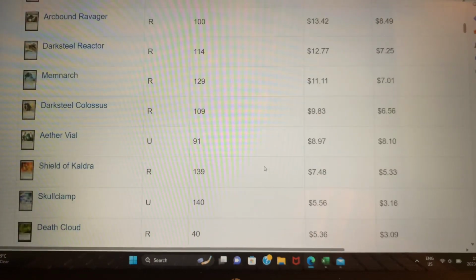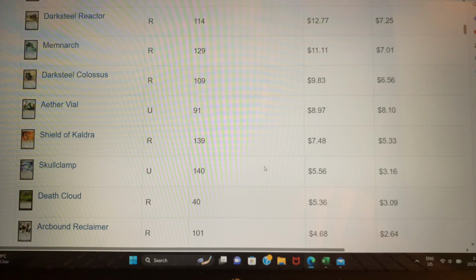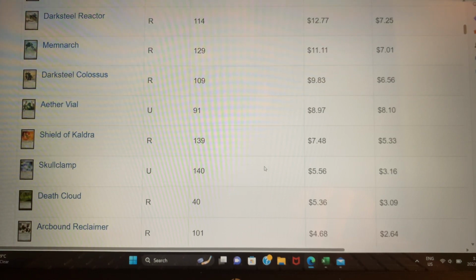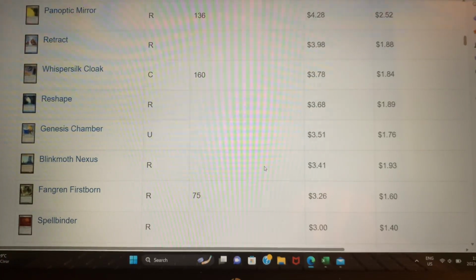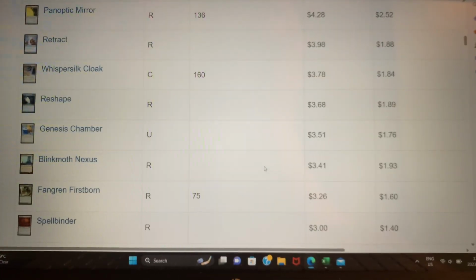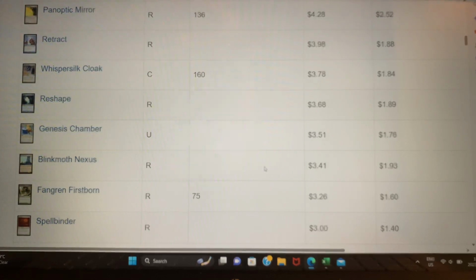Darksteel Reactor or Memnarch. I don't know if they'll bother with the Vial. I would hope that they'd leave it alone. At under $10 is very jarring. Skull Clamp, I would expect, just to get extra reprints out there, extra variants and foils, because there isn't a lot of foils. The last foil was like the Warhammer Premium decks, which, although there is some extra new supply, were very limited